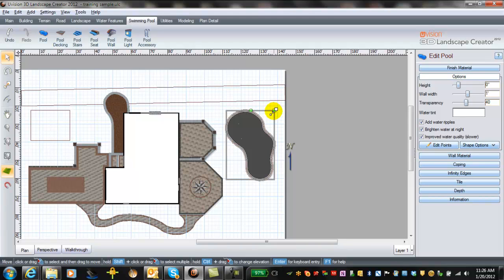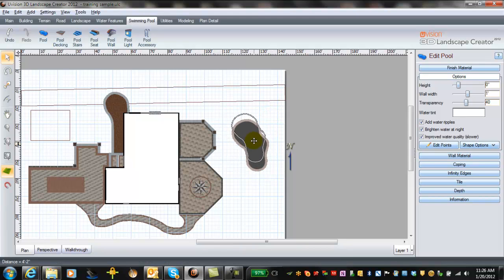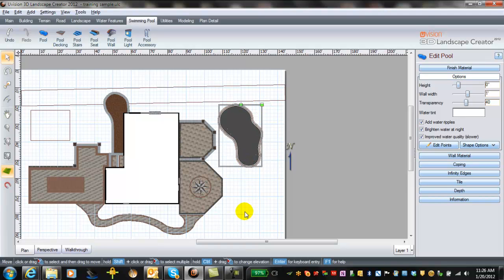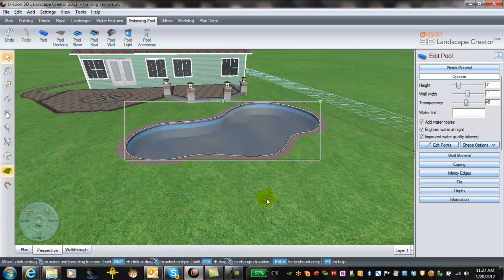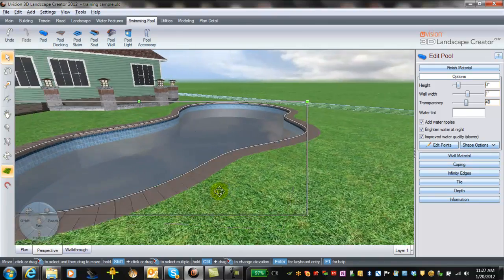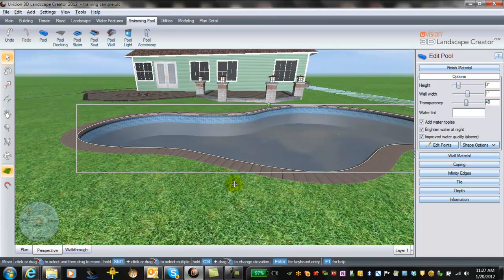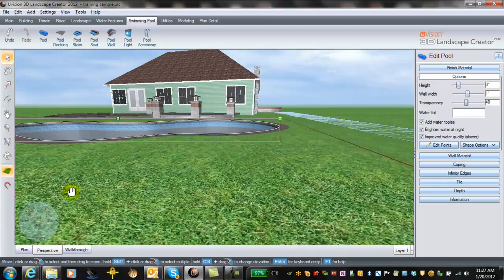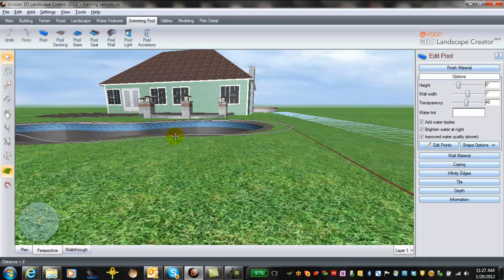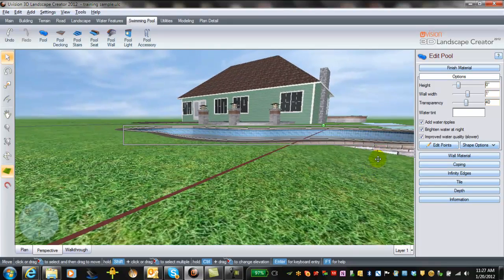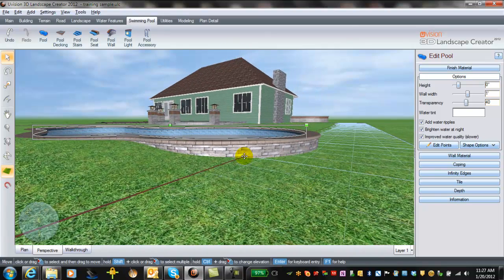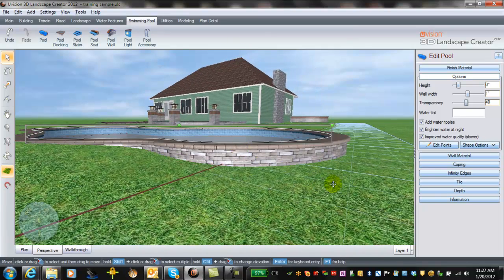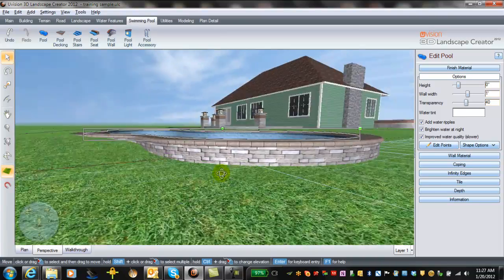The pool's a bit large, and we can reduce the size of that just by using the drag handles here on the side of the image. When you go into perspective view, you'll notice that automatically it has selected a coping on here. Also, if you go over to our sloped area here, and if I were to drag the pool over to the slope, it automatically fills in a section of wall so that the pool is properly supported,